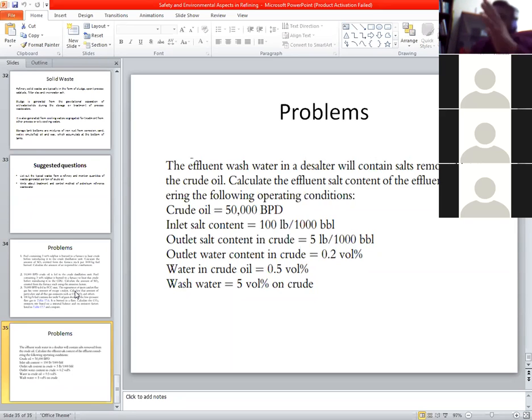Then the calculation will also be almost like the same pattern as test 1. Some calculations, and what else? Maybe some questions where a diagram will be given and you have to explain, or figures will be given, a curve maybe, and you have to explain, like that.